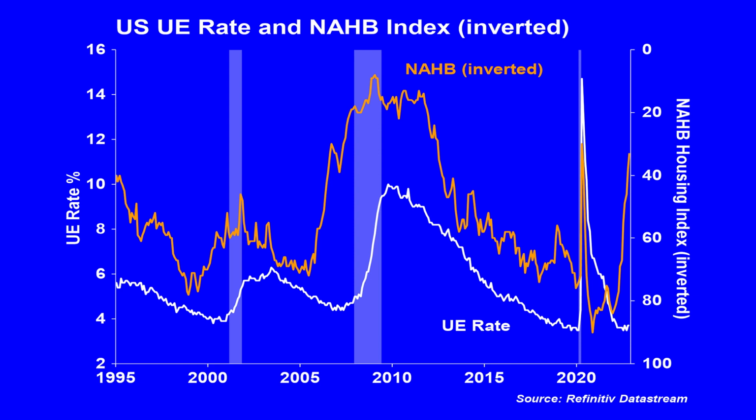So far, we've seen this quite incredible move. On this chart, it's up, but actually that's the index, the NAHB index, falling. It's been one of the biggest moves that we've seen in the last 20 years. It's a faster pace than we saw during the midst of the mortgage crisis of the 2006-2007 period, and it only just lags behind that shock of COVID. This certainly suggests that unemployment is going to pick up with a lag to this decline in housing, and obviously construction being an important part.